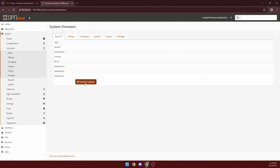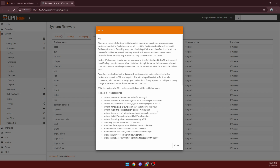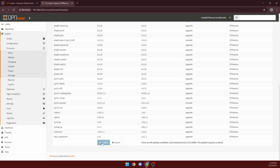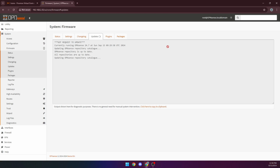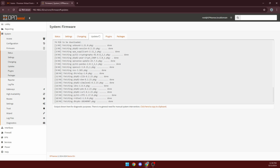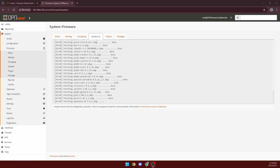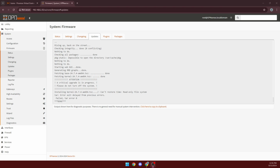We can check the status, we can check for updates, and if we do have updates, it should update straight away. There are a bunch of updates here. You can scroll all the way down and click update, and it let us know that it will reboot while it's doing the updates. You should always do that, by the way, with any VM. In our case, we have the ISOs downloaded maybe weeks beforehand, and they usually roll out updates pretty often. It seems that is finished,